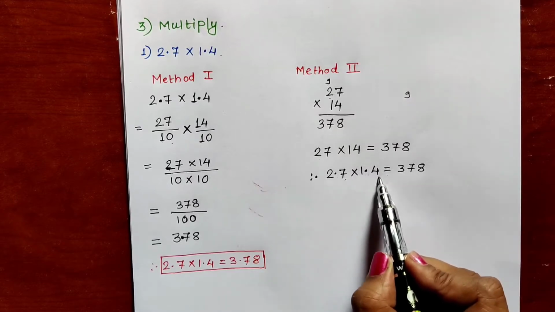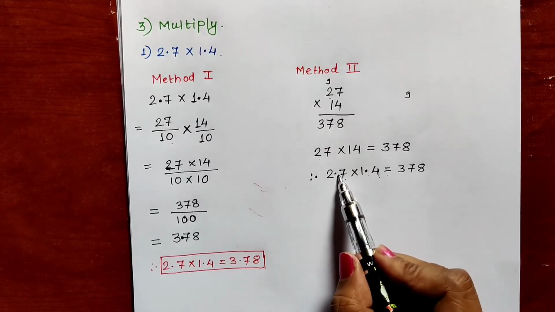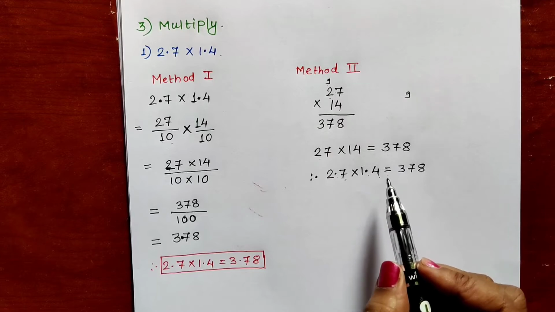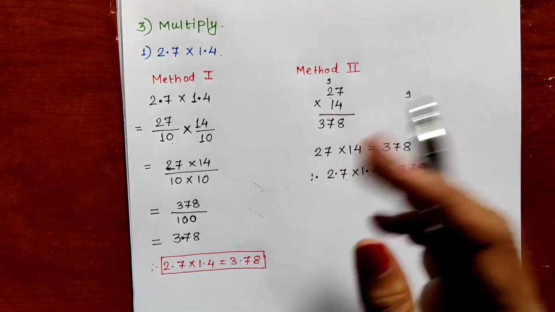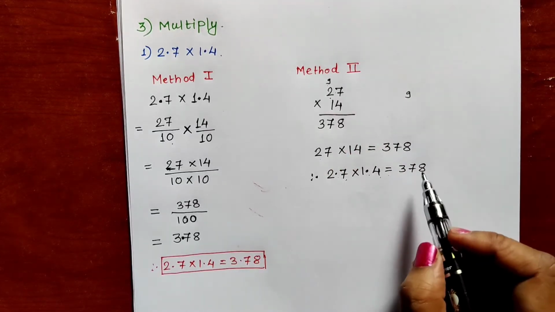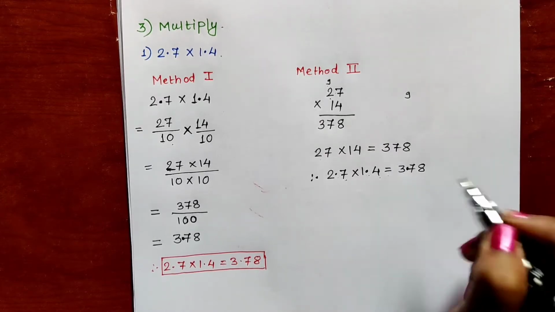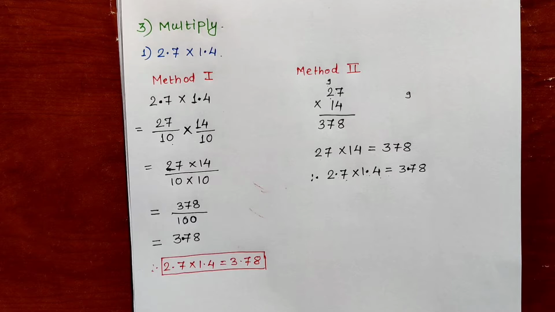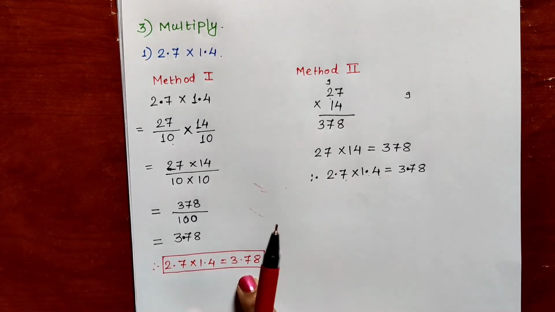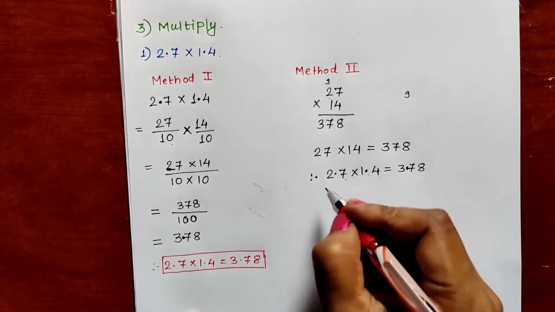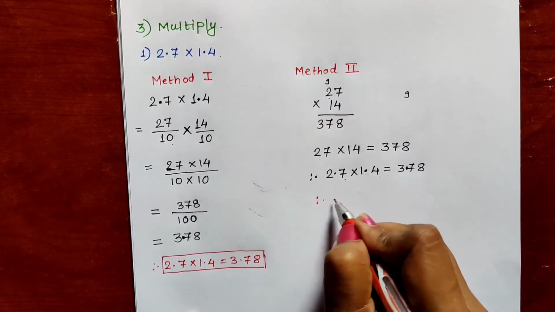After the decimal point one digit is there. So in both the numbers one digit is there. That means a total of 2 digits are there after the decimal point on the right hand side. So in our answer there should be 2 digits after the decimal point. So here I have to put the decimal point, and in this way we have got the same answer here also and here also. So I think this multiplication method is very easy,